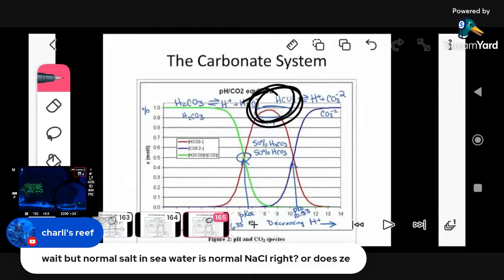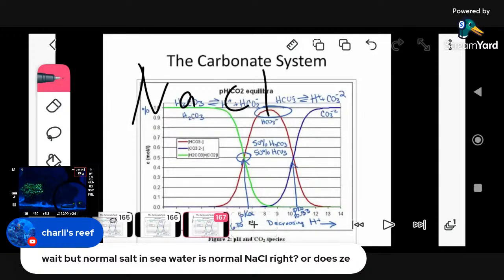Wait, but normal salt in seawater is normal NaCl, right? Yeah, so most of the chemical in salt water is NaCl. So that's why when I tell you guys,